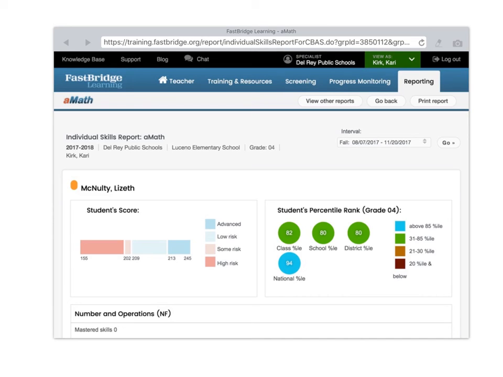So really, those are the 2 reports that we suggest looking at to gain this data from. So again, remembering that the purpose of a universal screener is to assess the health of the system, right? Think of it as like taking your temperature when you go to the doctor, right? How healthy are you? How healthy is the system? And then the second thing is basically thinking of color coding our students into these risk levels, right? Our students that are high risk, some risk, and then low risk, and advanced being that least amount of risk, right? And those students that have those high risk and some risk, we want to make sure that we can,